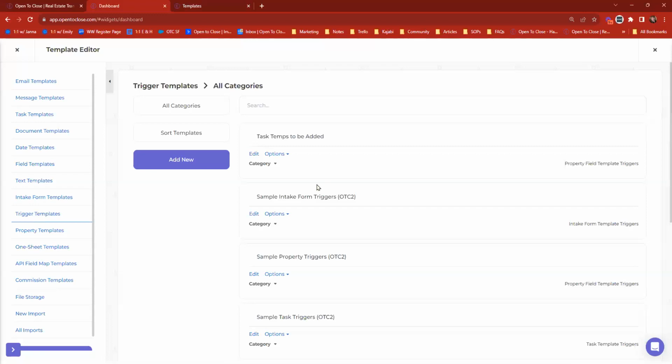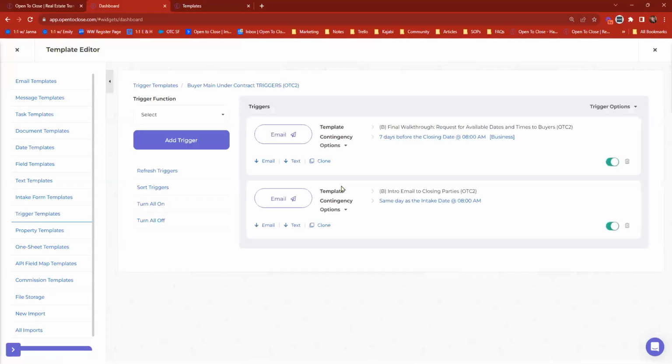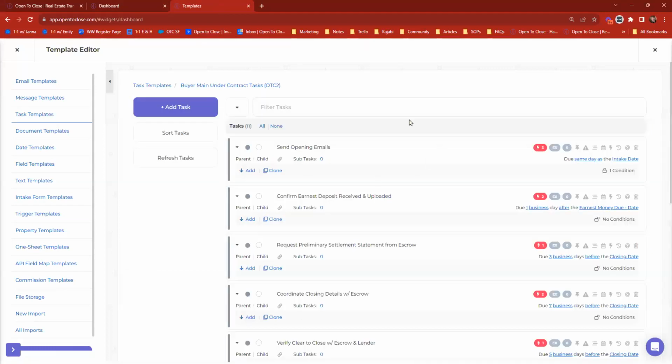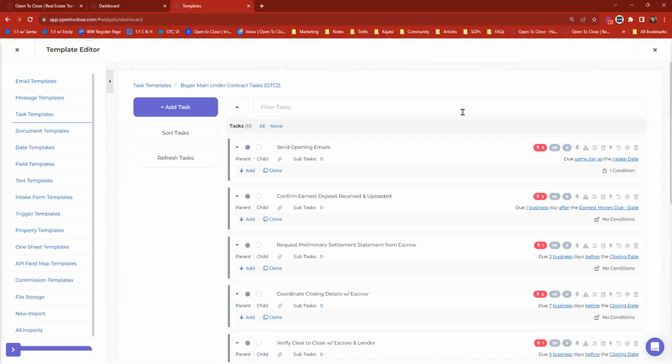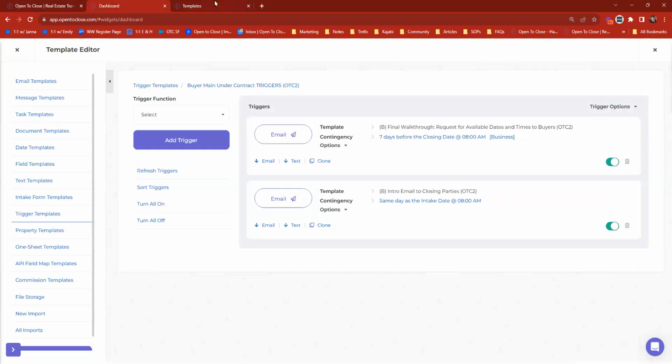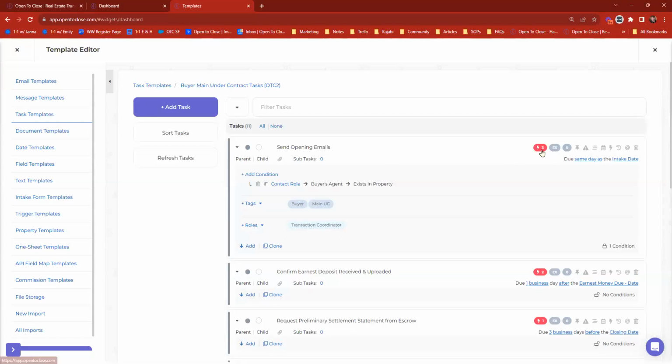I usually will have them side by side, but what I like to do from here, if I'm focusing on my buyers under contract, is start from the very beginning and work my way down. Every single task that has a trigger, I'm going to want to take that trigger and convert it into a property trigger. So starting with the opening emails, here we've got these 3 opening emails, these 3 triggers